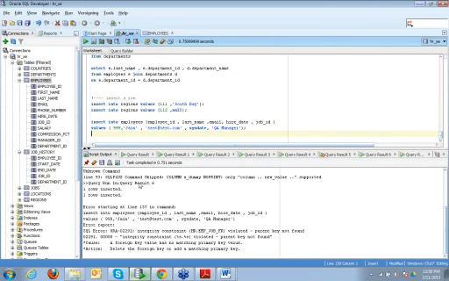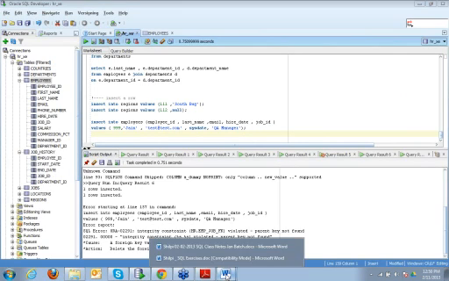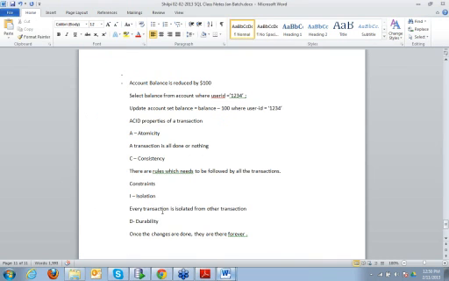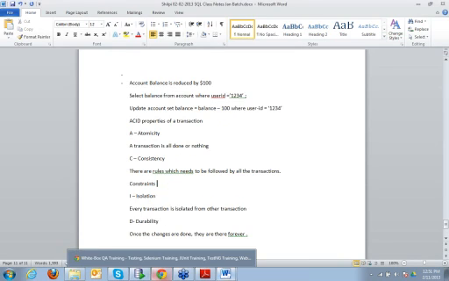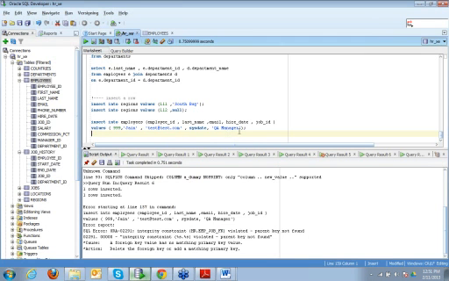So this actually takes care of which property of the transaction, ACID properties? Which ACID property is taking care of this? Consistency, C. Whenever I'm doing any DML operation, it needs to be consistent. All the rules need to be followed. So I cannot insert a job ID with this value unless and until I insert the same value in the jobs table.